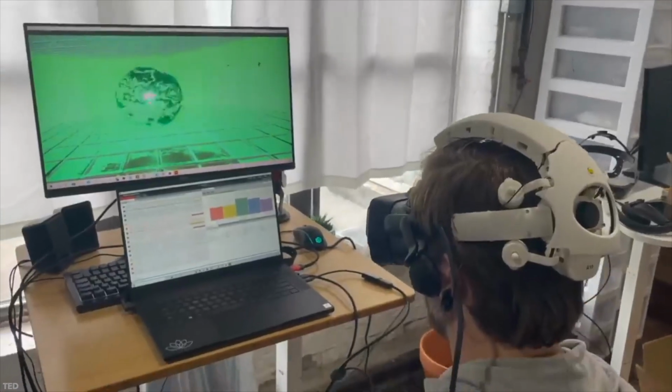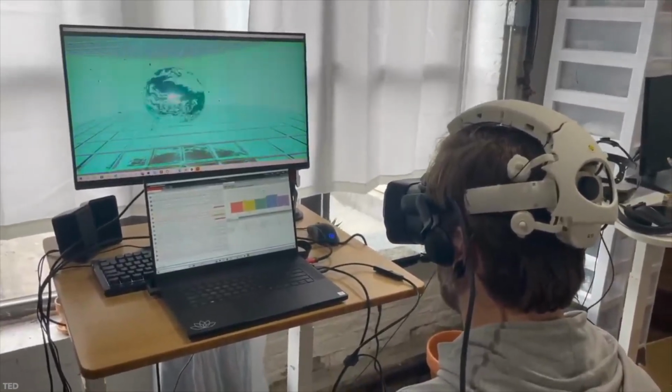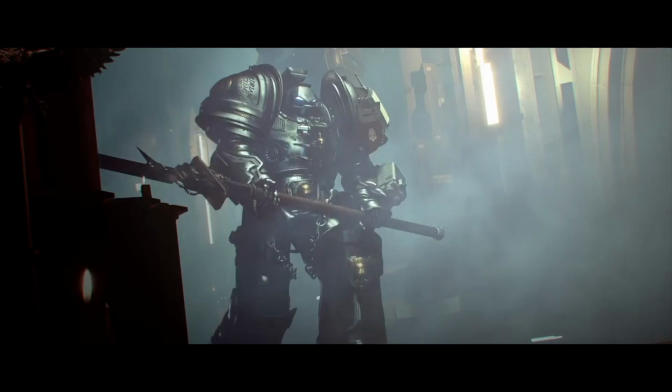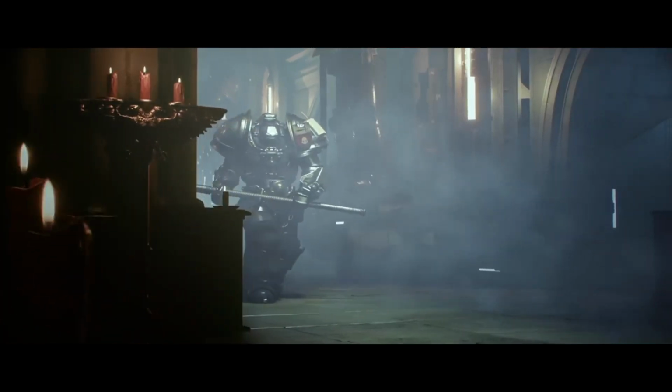But as incredible as these systems are, our progress with brain-computer interfaces is elementary compared to the advanced capabilities of the black carapace. Still, the basic mechanism of action would likely be similar. Think about how the central nervous system works. Our CNS, which includes the brain and spinal cord, relies on electrical impulses for communication. The electrical impulses that we send and receive throughout the system can be interpreted by man-made electrodes, simple conductors through which electricity enters or leaves an object. These electrodes can send and receive information and may be placed at various points in the central nervous system depending